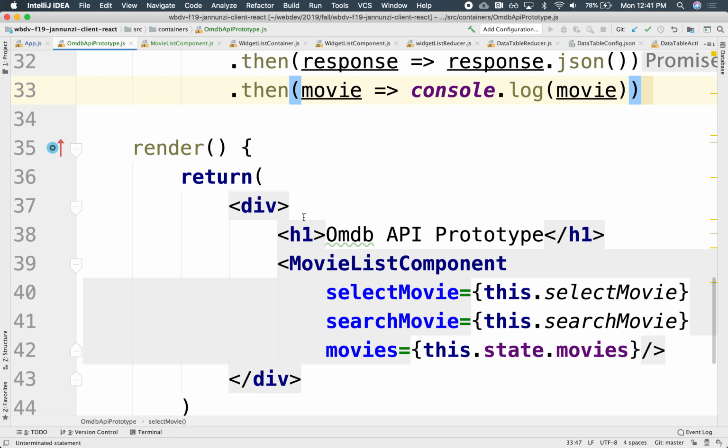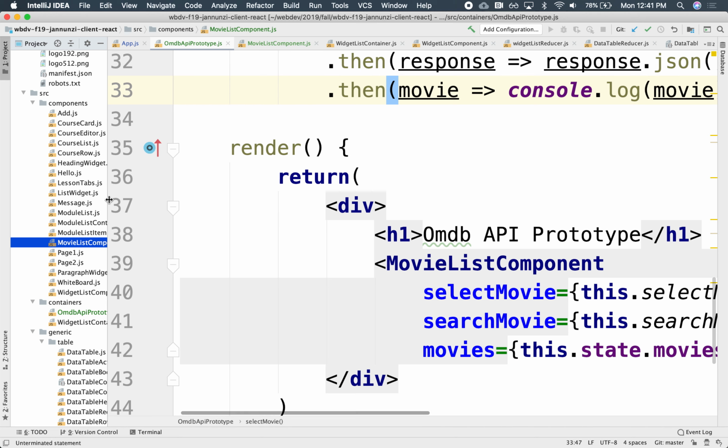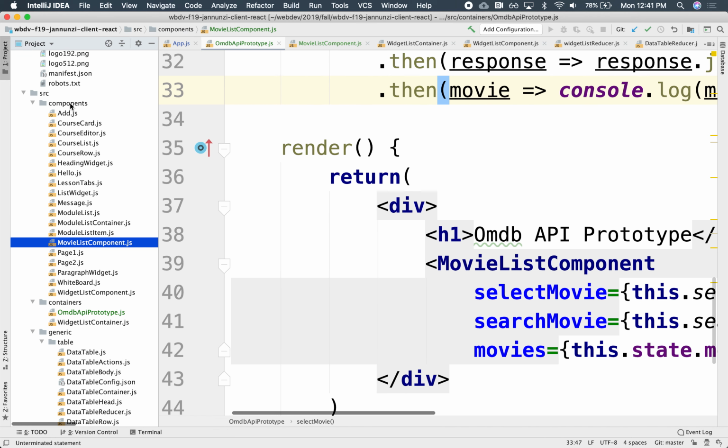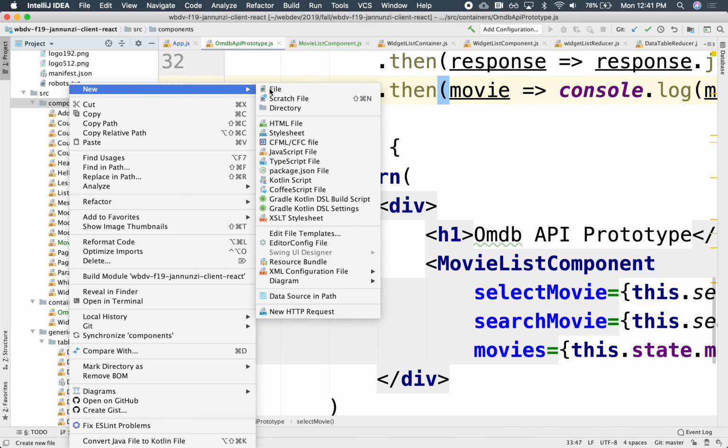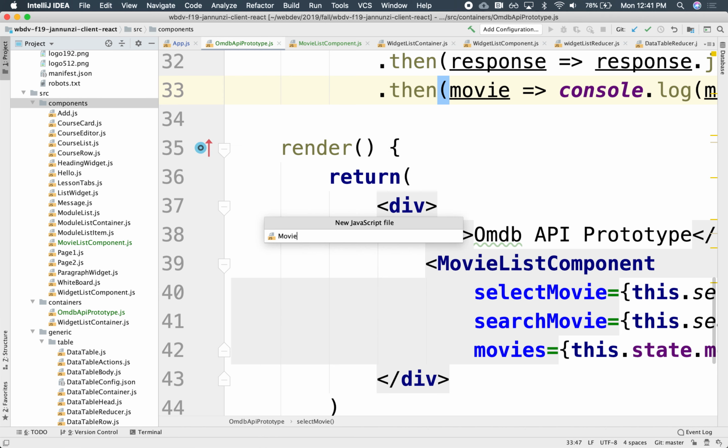What we'll do is split this into two components, right? The movie list component on the left-hand side will have the movie details on the right-hand side. All right, so let's do that. Let's build the beginnings of what will be our movie details component. So in JavaScript, this will be the movie details component,